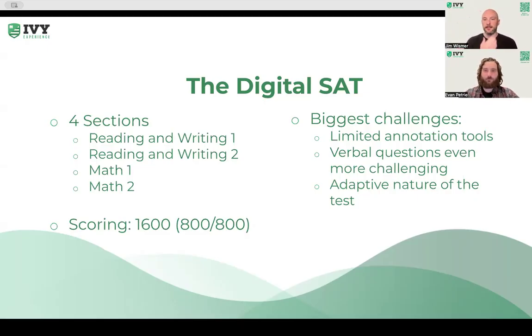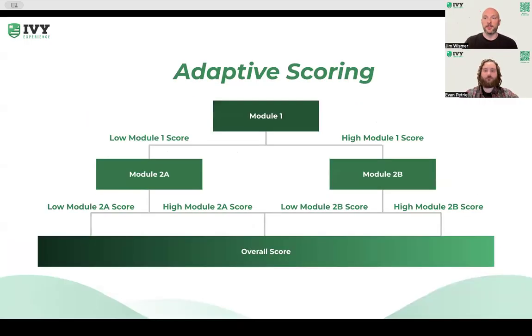Final challenge of the SAT is the fact that the test is adaptive. So I'm going to explain what adaptive scoring is just very briefly. And this is how the PSAT worked as well, students, if you're curious. But every student gets a first module, and this is true for the reading and writing section and for the math section, of standard difficulty. Your performance in that first module dictates the difficulty level of your second module. There's a module 2A, which will be a little bit easier, and that means you didn't do as well in the first module. And there's a module 2B, which will be a little bit harder, and that means you did well in the first module.